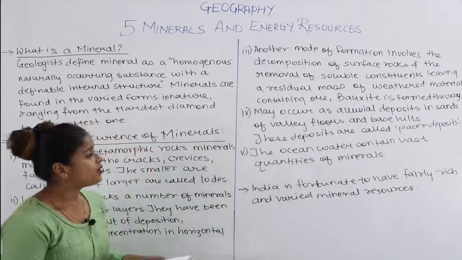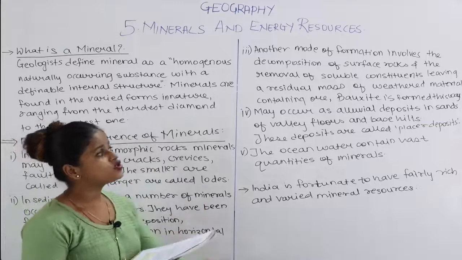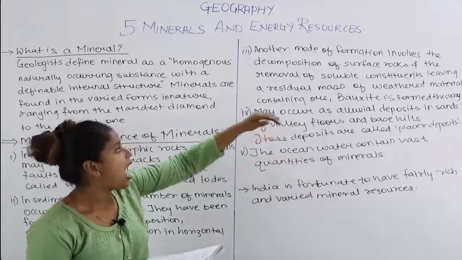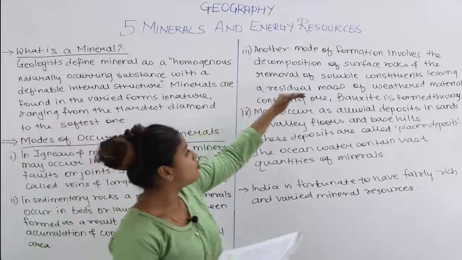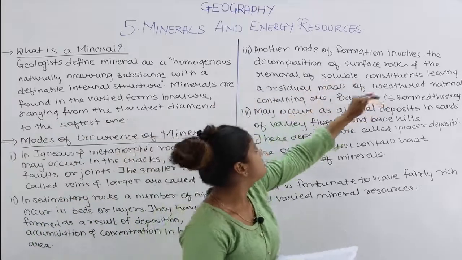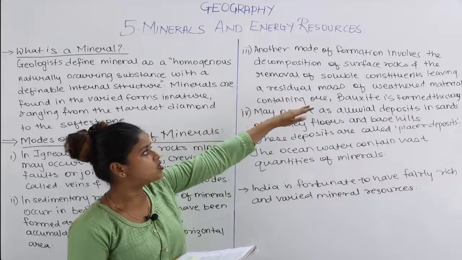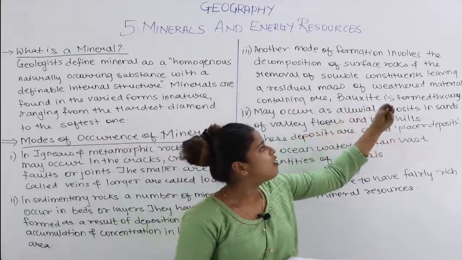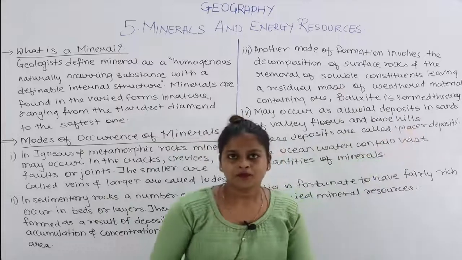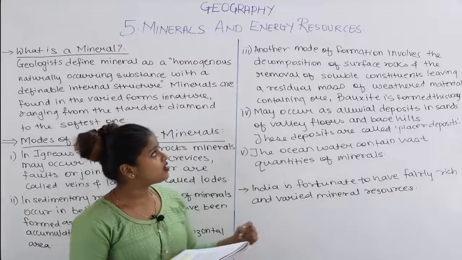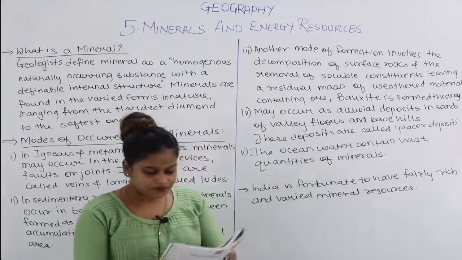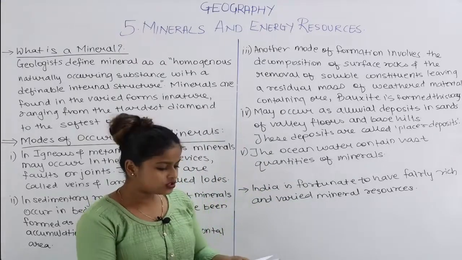Next, we can find another mode of formation that involves the decomposition of surface rocks and the removal of soluble constituents, leaving a residual mass of weathered material containing ore. Bauxite is formed this way. So another place where we can find minerals is in the surface rocks. Okay, next, moving on to the next page,